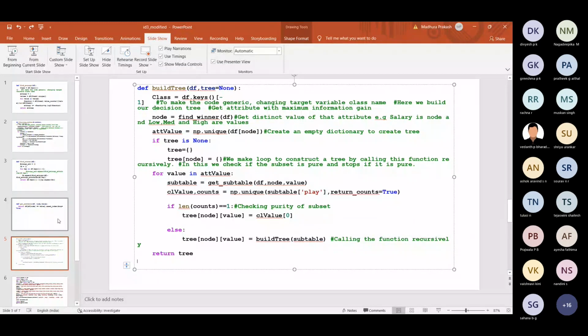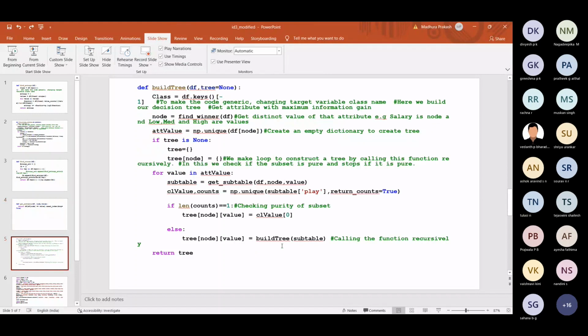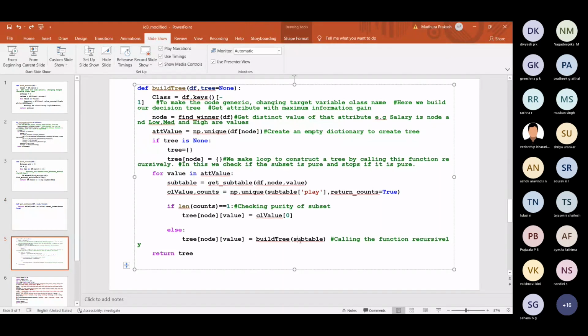So we had already initialized drop index to true, so we're only going to consider the remaining entries. Why? Because those entries were already considered. Only the remaining entries had to be considered. So this happens recursively. For the remaining set of rows, again, we will find the winning node, and then we will check what the attribute values of that winning node are. It is a local recursive function. Then again, we would initialize the winning node with an empty dictionary and keep on populating that.